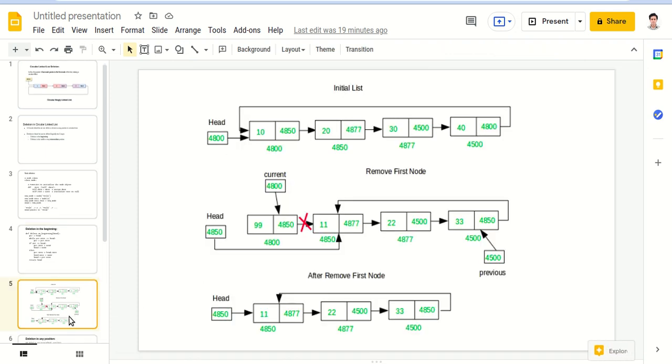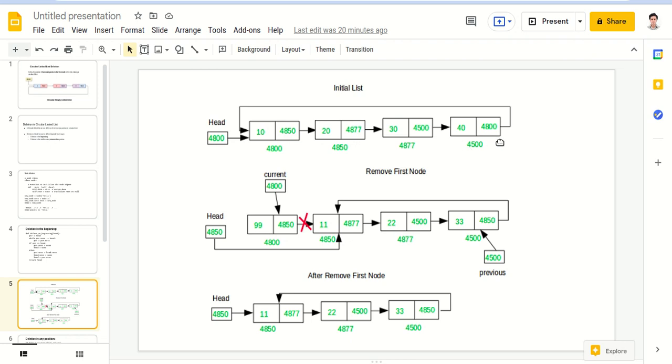Now diagrammatically let's see what is happening. We want to delete the first node. This 10 is the data value of the node, and 4850 is the address of the next node. The right block of every node is the address.